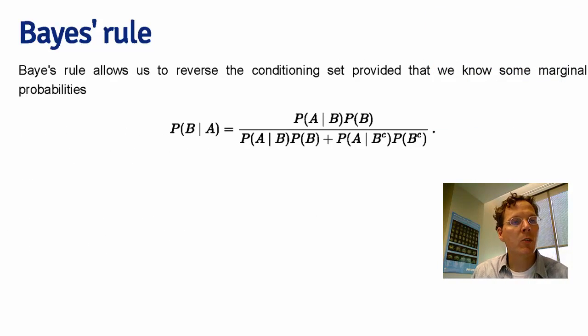Perhaps one of the most famous uses of conditional probability is so-called Bayes' rule. This rule was named after a Presbyterian minister named Thomas Bayes, who had his work published posthumously. Bayes' rule allows us to reverse the role of the conditioning set and the set that we want the probability of. So imagine we want the probability of B given A, when we have or can easily calculate the probability of A given B. Well, Bayes' rule says you can do that. You can relate B given A to A given B, but you need some other information. You need the probability of B marginalized over A. And this is quite useful in the sense of diagnostic tests, and we'll go over some examples here in a minute.